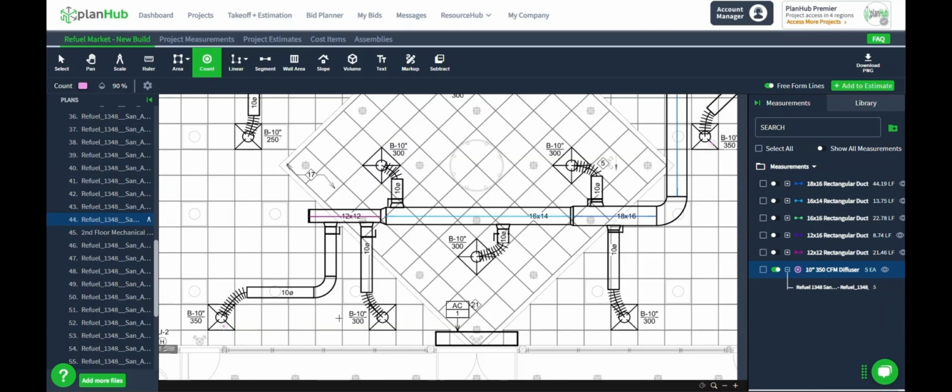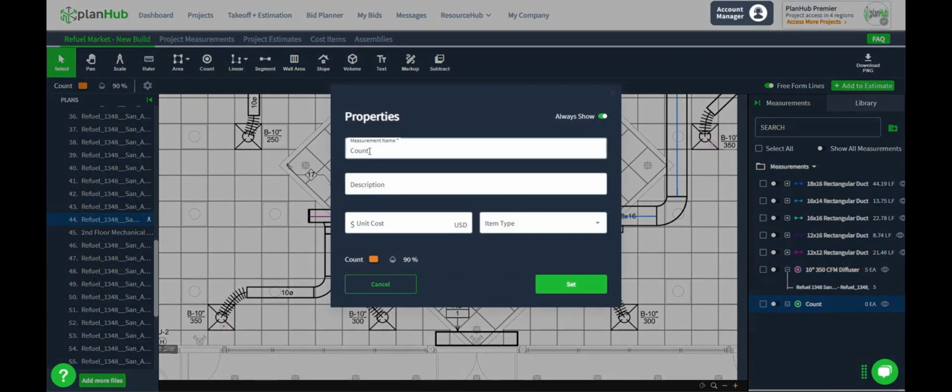When I'm ready to start measuring additional sizes of diffusers, I can turn this tool off by pressing Enter twice on my keyboard, or I could have clicked the toggle switch on the name, or again I could have clicked select. Any of the three would have done the same thing. Now I'm going to start a new instance of the count tool so that I can count the 10-inch 300 CFM diffusers. I click count, give this a custom name,